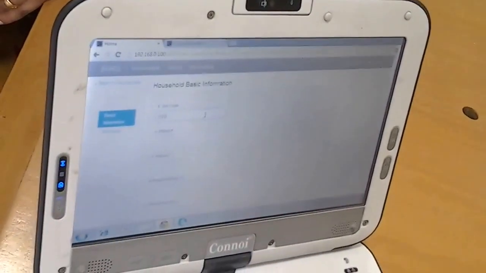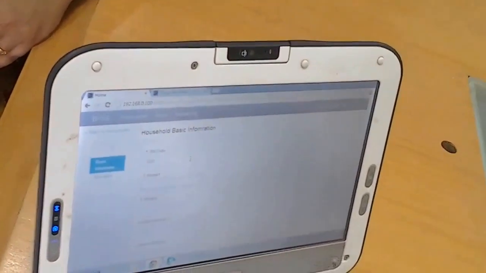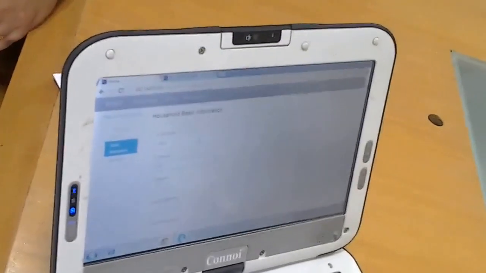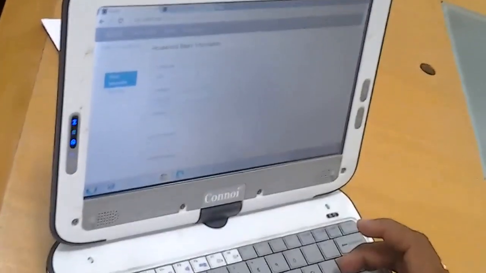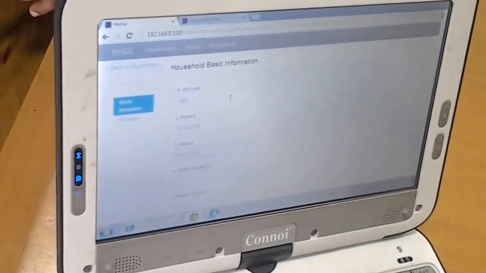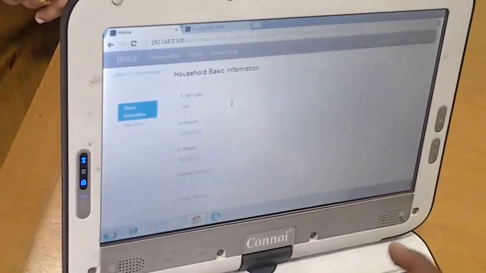This is the STD code, phone number, mobile number.